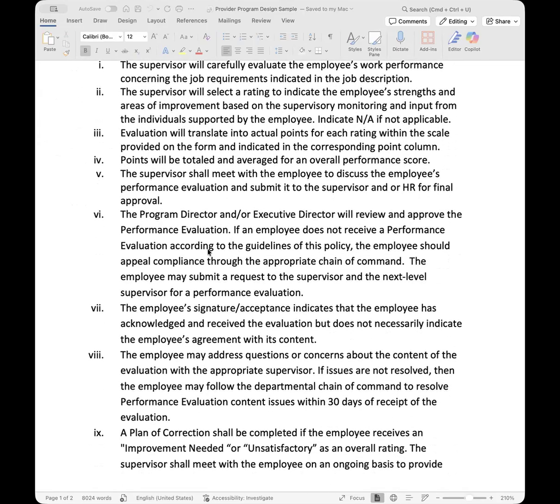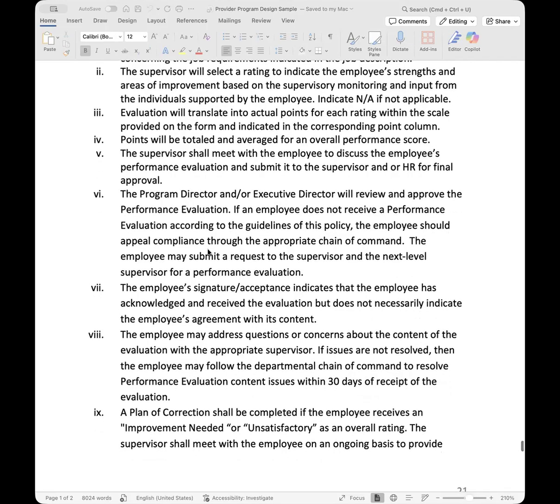The employee will sign it, but it's only indicating that they have received it, not that they accept it. If the employee does not agree with the evaluation, they should have an opportunity to voice those concerns, to voice the reasons as to why they don't agree.